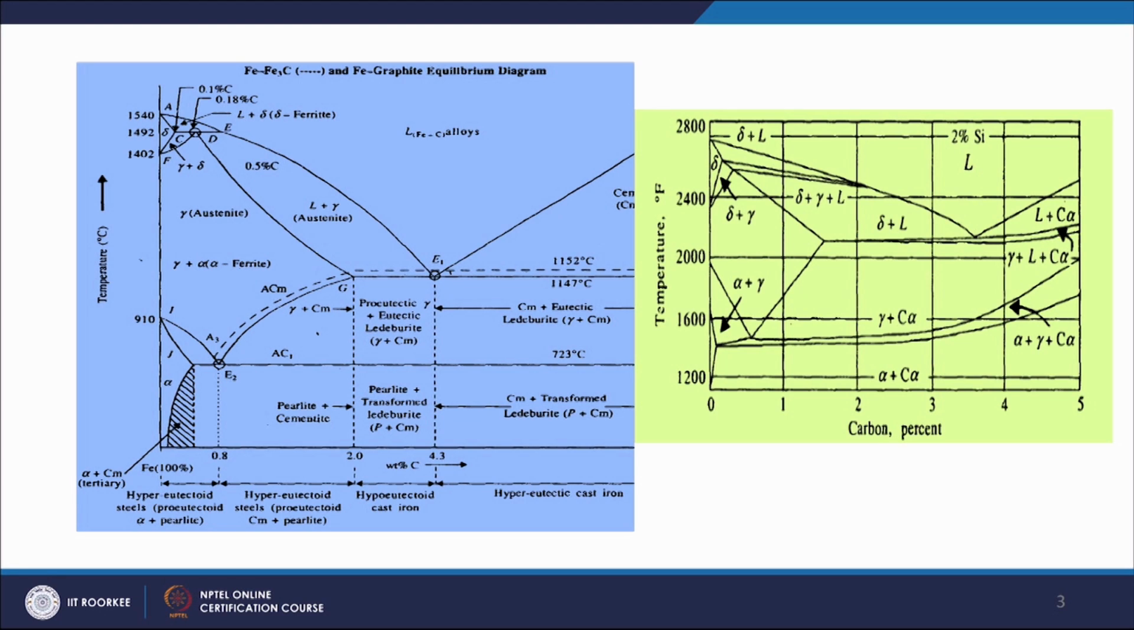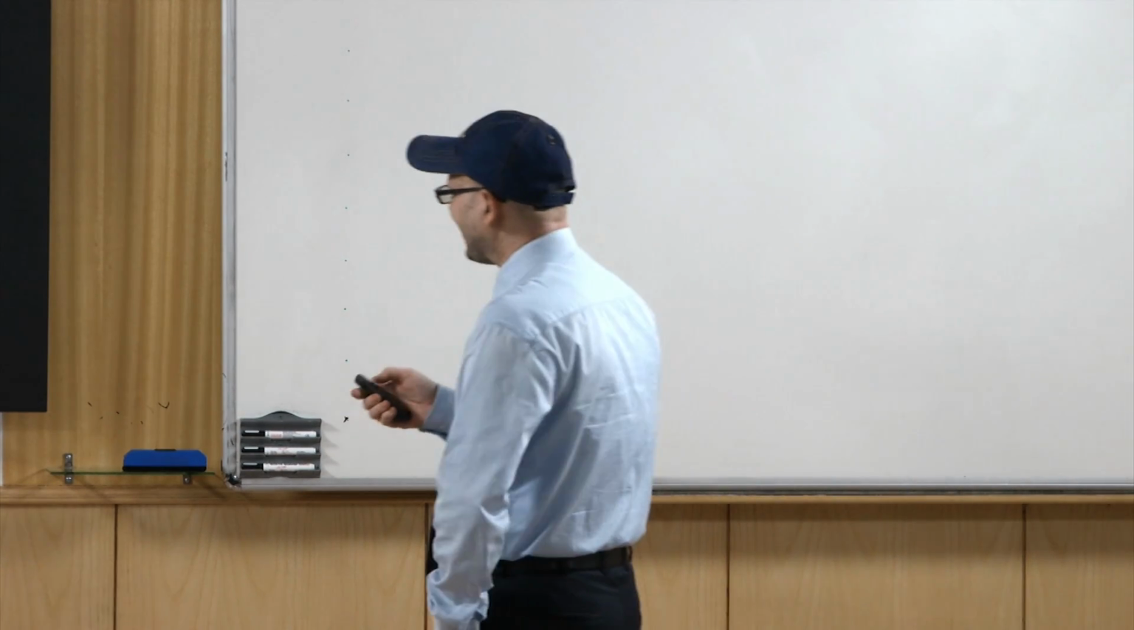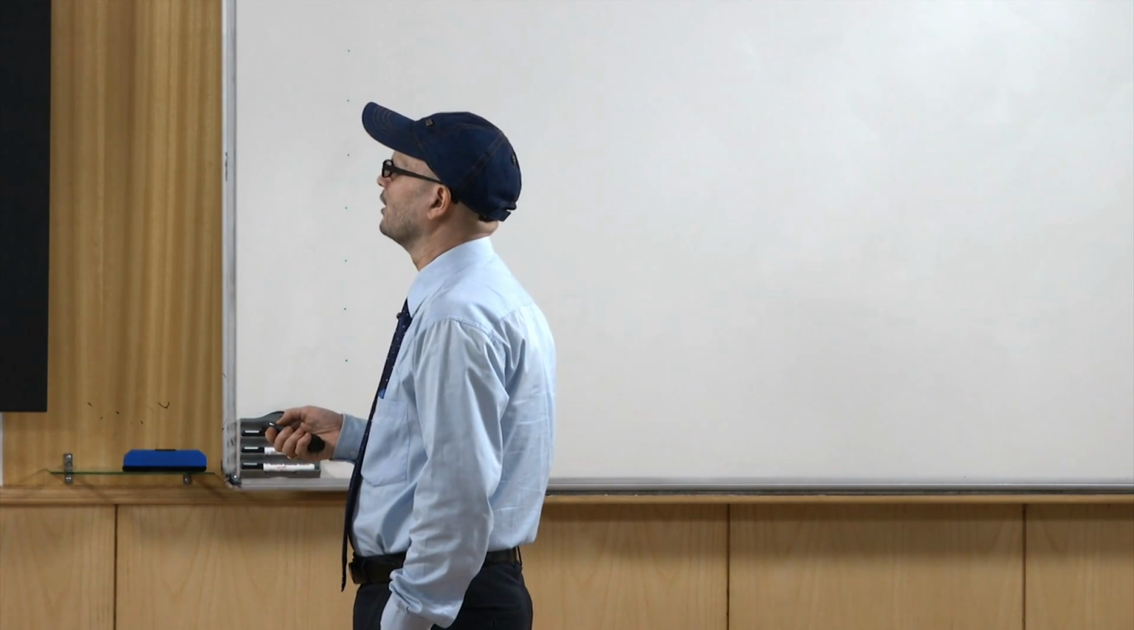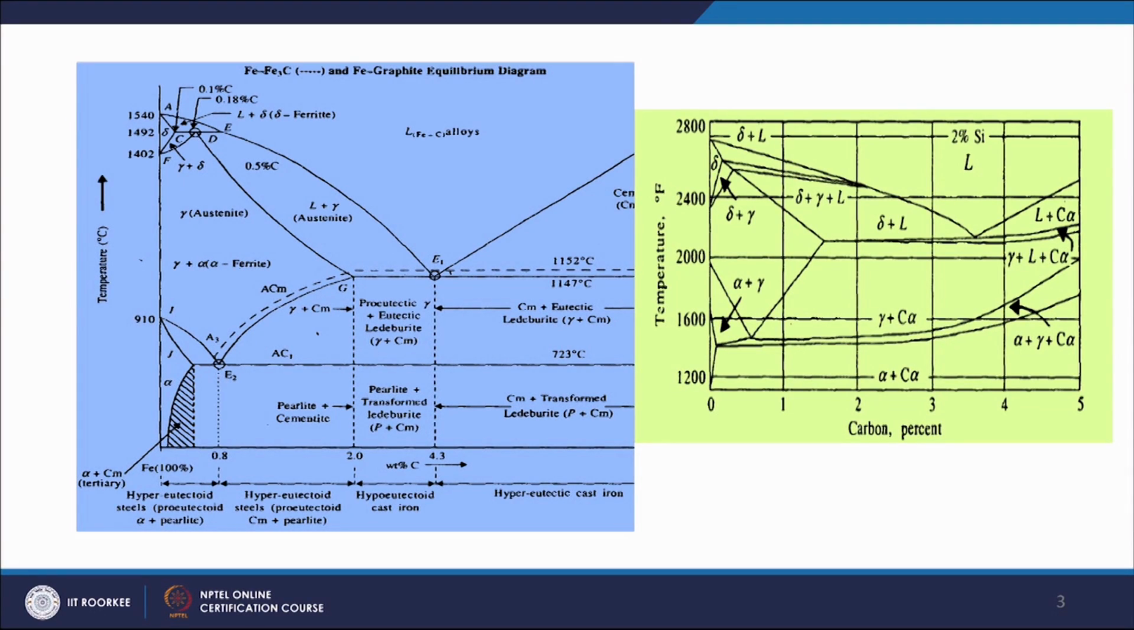Now, as the temperature goes further down, we know that the solubility of carbon in austenite decreases, so the austenite will also lose carbon. So, you will have this eutectic ledeburite, and once it comes further down, it is further transformed. So, you have cementite plus